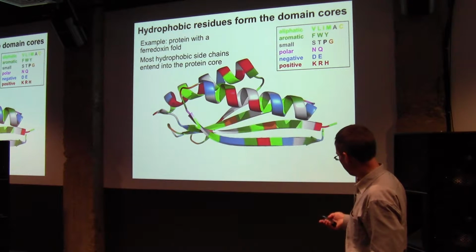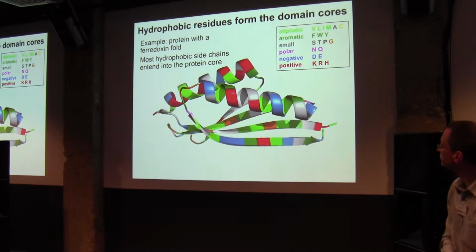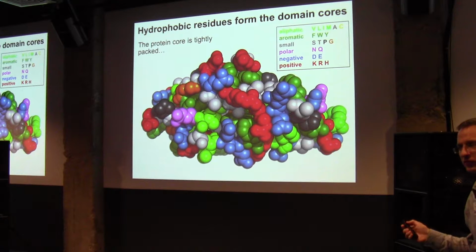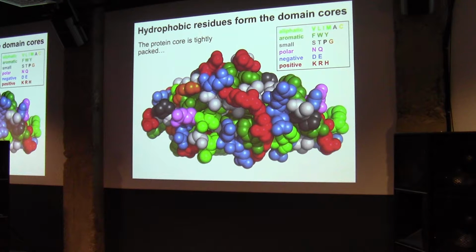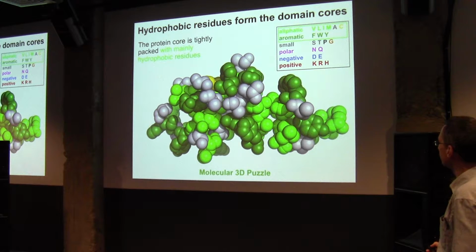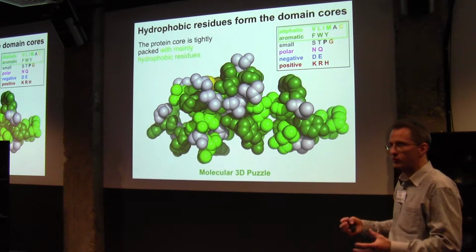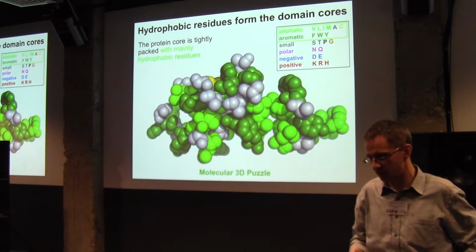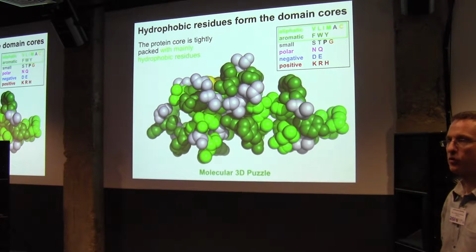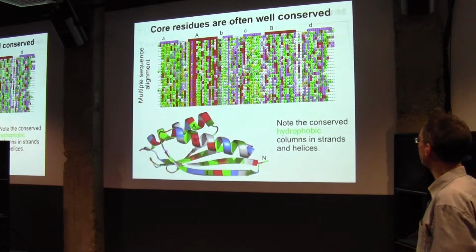When you look at the space filling representation of this, it looks fairly dense. I think in proteins 75% or so is filled, and the rest is water. But when you take away everything but the aliphatic, aromatic, and small residues, you see that there's still quite a dense core. And this makes sense, of course. We have mostly hydrophobic interactions in the core of the protein. And this core, I think, is what makes the folding logic of a protein and what makes the pattern so stable.